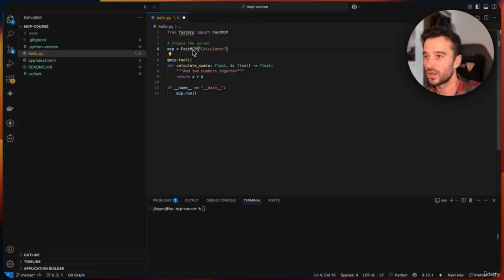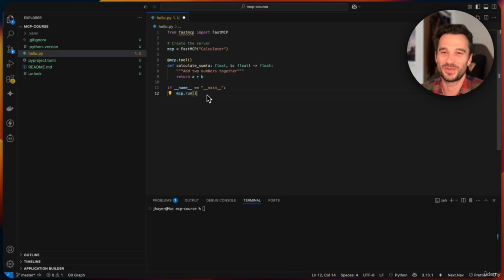And now what we need to do is simply import FastMCP from the FastMCP library. We create the server here by calling it with the name of the server. Then we have our MCP variable available. And again, this part we've discussed. Now here we create our tool and make it available as a tool with the help of the MCP tool decorator. And then finally, we check if we're in the main function and then serve our server